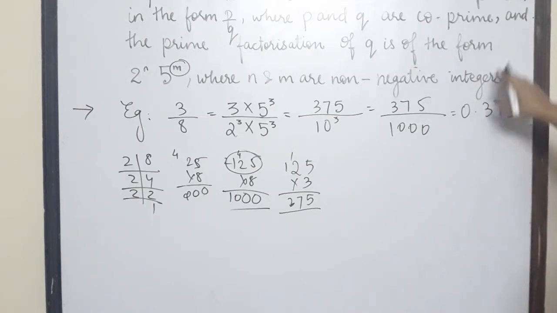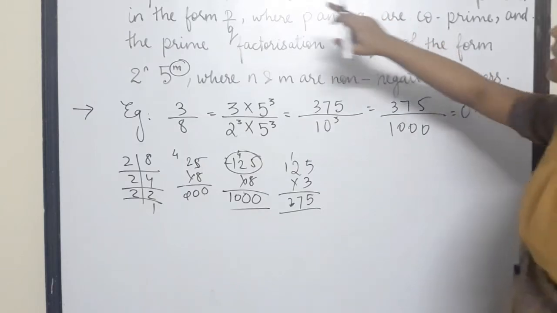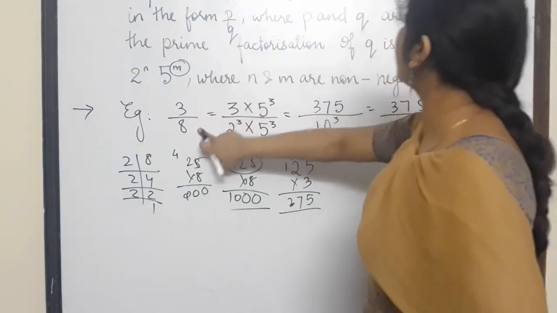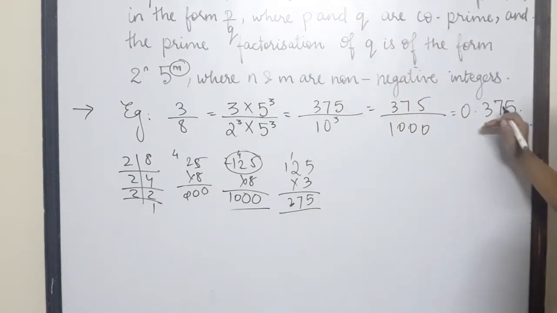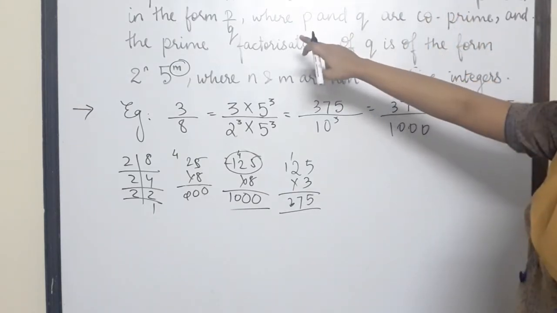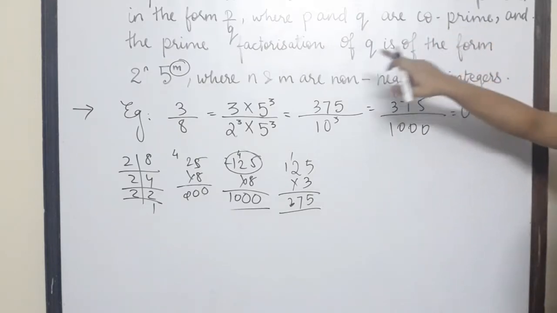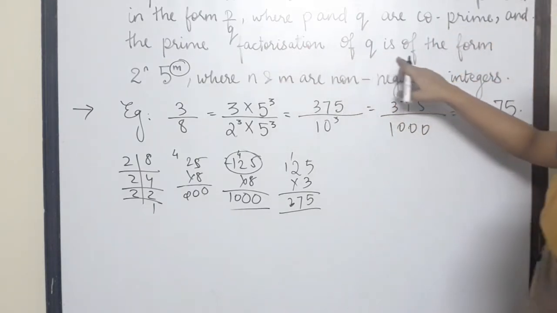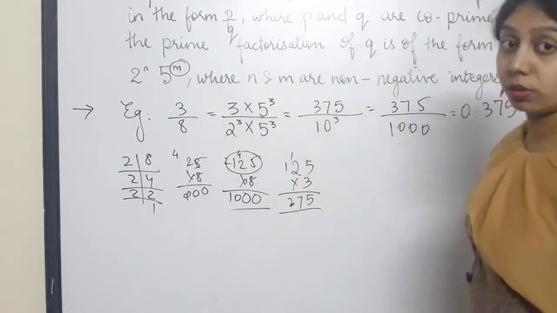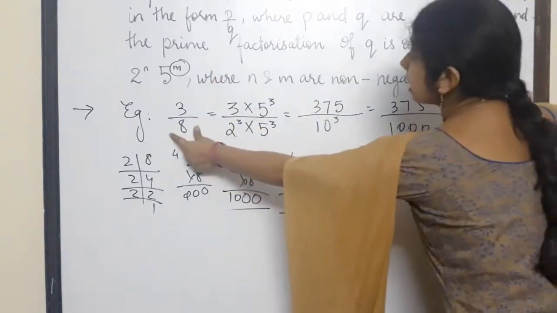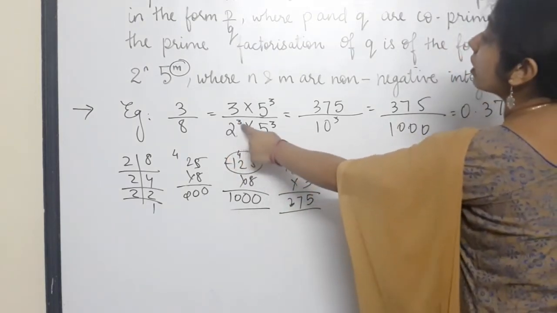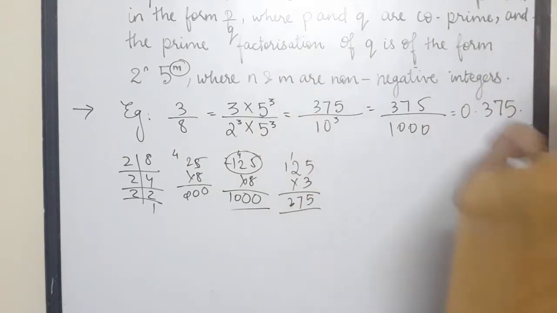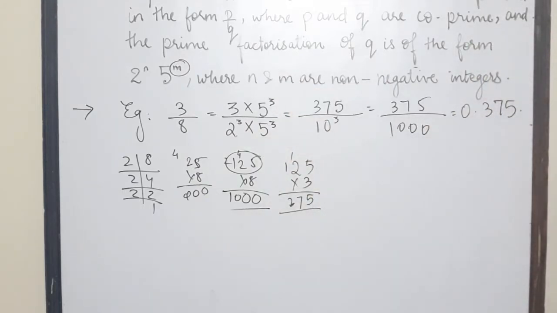This proves that the theorem over here is applicable, that x is a rational number. X we have taken 3 upon 8, whose decimal expansion terminates. Over here the decimal expansion is terminating, that means it ends after a certain decimal number. The next can be expressed in the form of p by q, where p and q are co-prime, and the prime factorization of q is of the form 2 to the power n, 5 to the power m. Here we have written number 8 as 2 to the power 3 and 5 to the power 0, in the form of 2 to the power n into 5 to the power m, where n and m are non-negative integers. Is that clear?